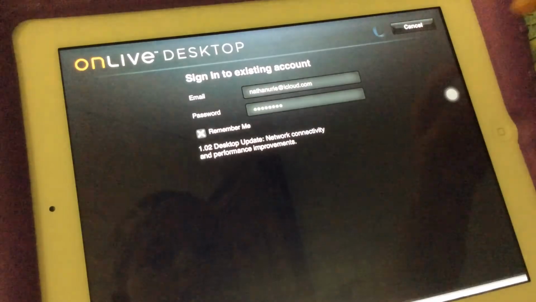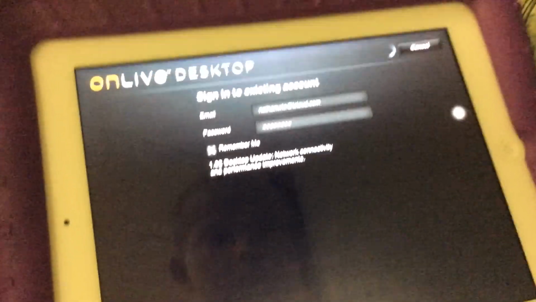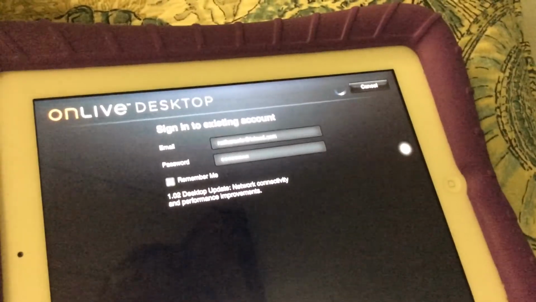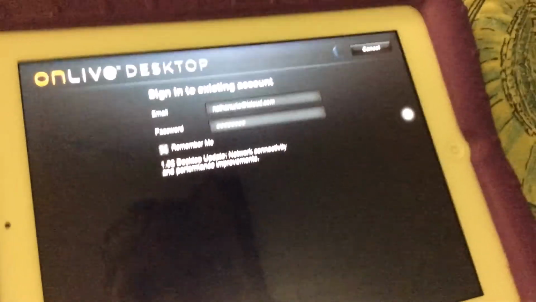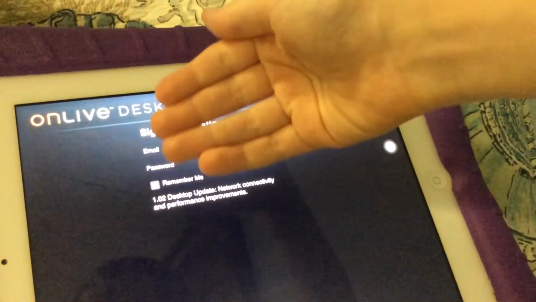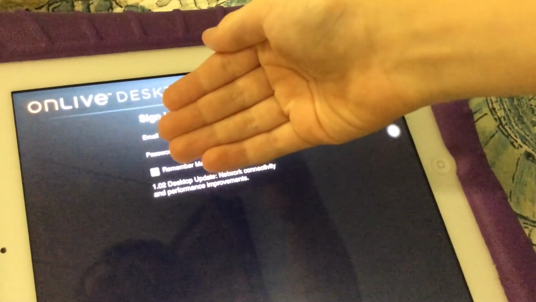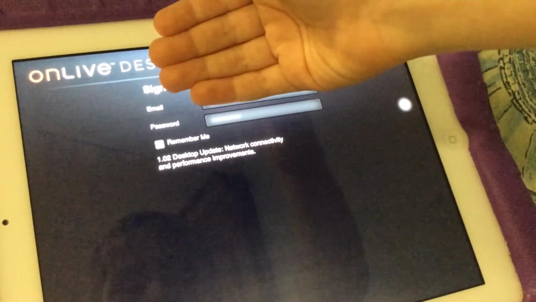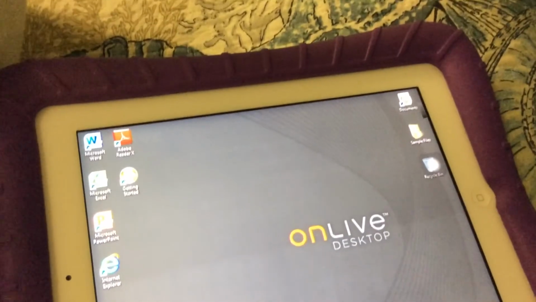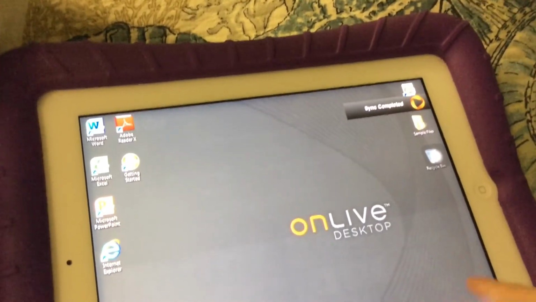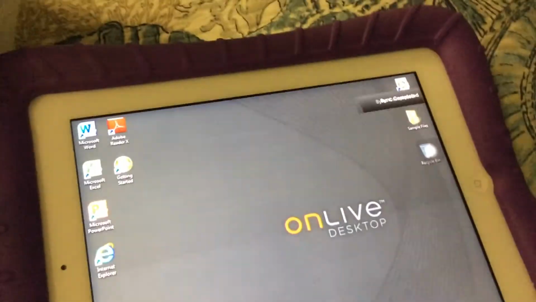this app right here. It's gonna log me in real quick. Hold on. You'll see my email and my password, but you won't see my password, it'll just be dots, and you won't see my email. Okay, there you go. So if you're on something like this, for example, we will be using Windows 7 for this. So anyway,